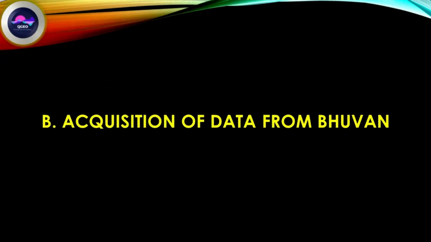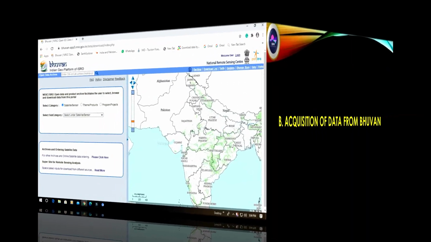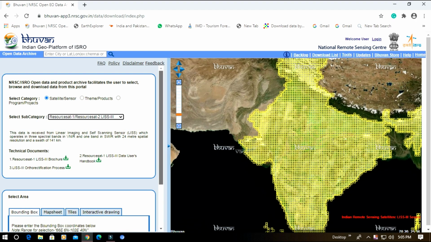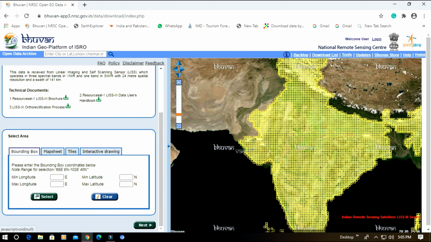Okay, to download satellite image from Bhuvan, first select the satellite or sensor radio button, then click on LISS 3, then bounding box.